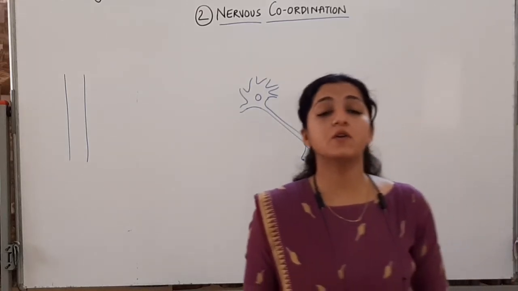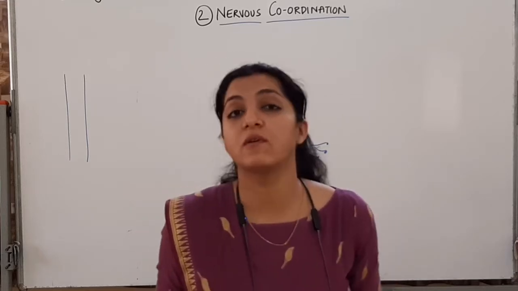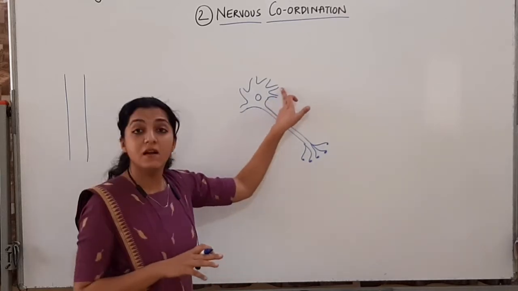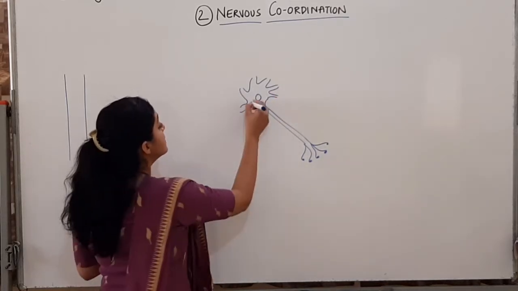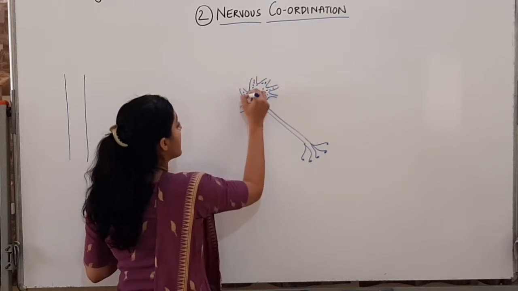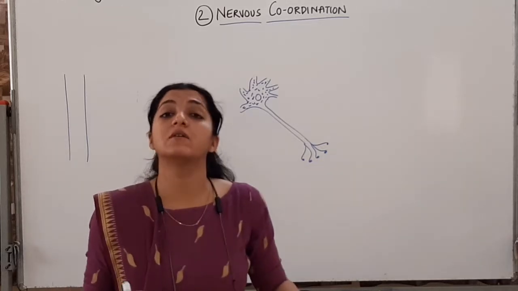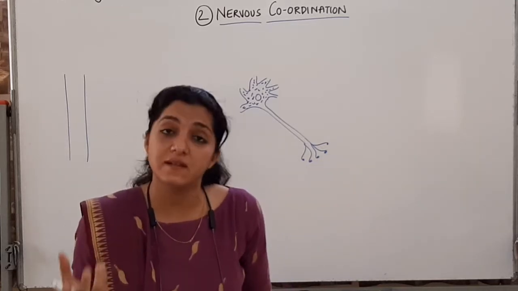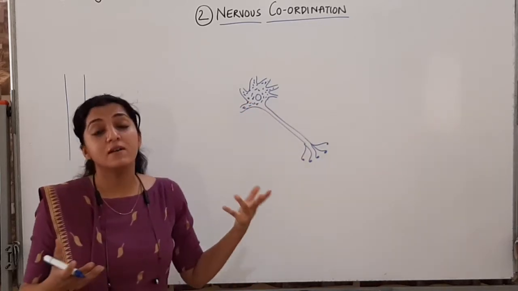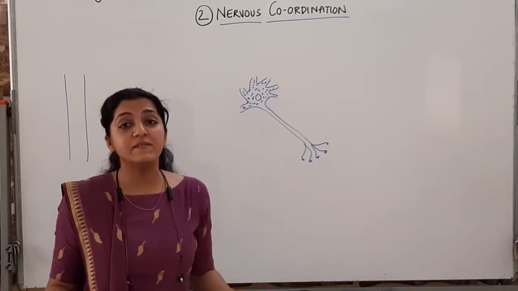All right. So I'm sure you have understood the diagram of the neuron nicely. You've understood all the structures starting from dendrites, the nucleus, the Nissl's granules present in the dendrites and in the cell body. This cell body is also called cyton. It is also called soma. Soma means cell body. Okay. So it is also called cyton, and it is going to have nucleus and all the other organelles we have seen.